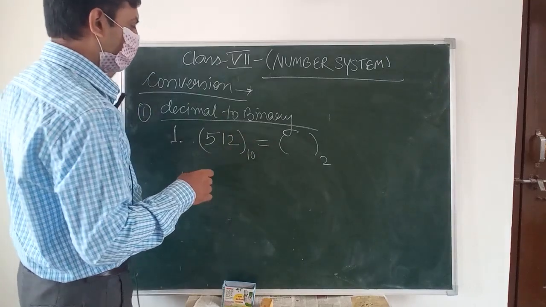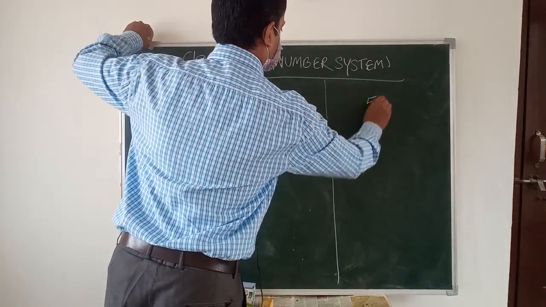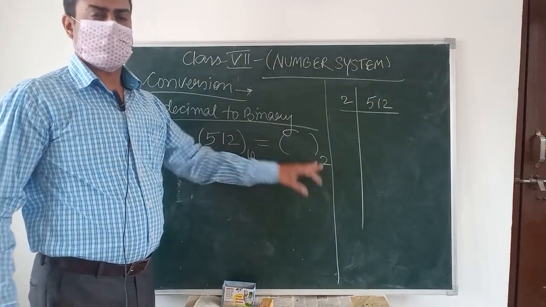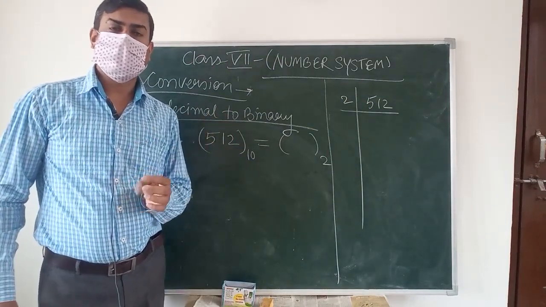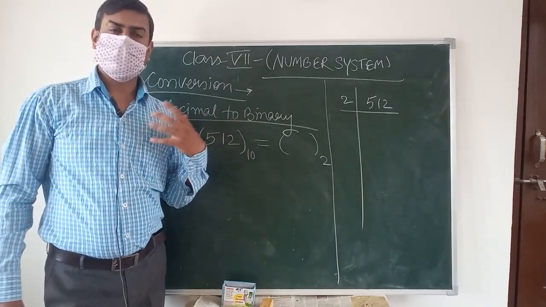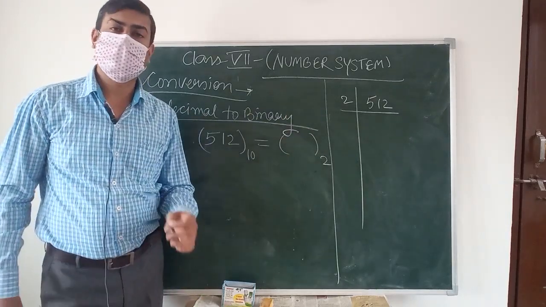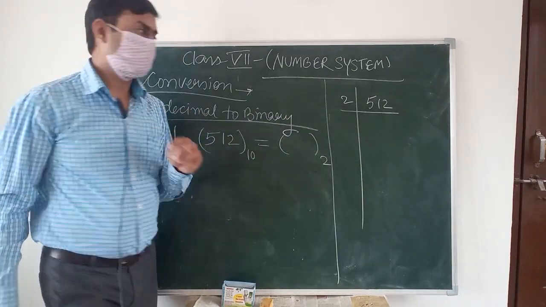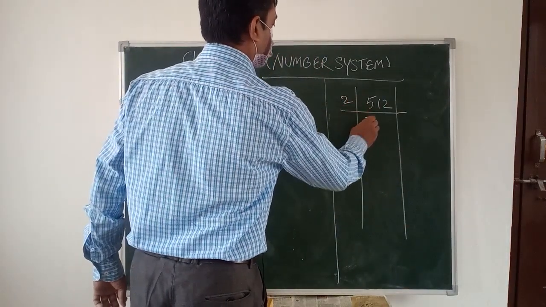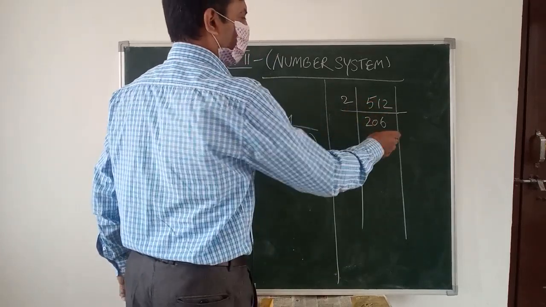So for converting this in binary, you have to divide this 512 with the second base only. Means the number system which you want, you have to choose the base from that number system. Means if you want binary, you have to choose the base of binary. You will divide this decimal number with the base of binary, means 2. So first, when you divide, 2 twos are 4 and then 0, 2 sixes are 12. So completely it is divided.